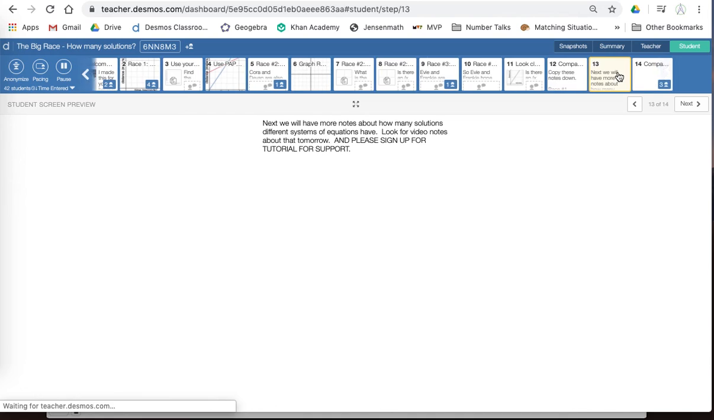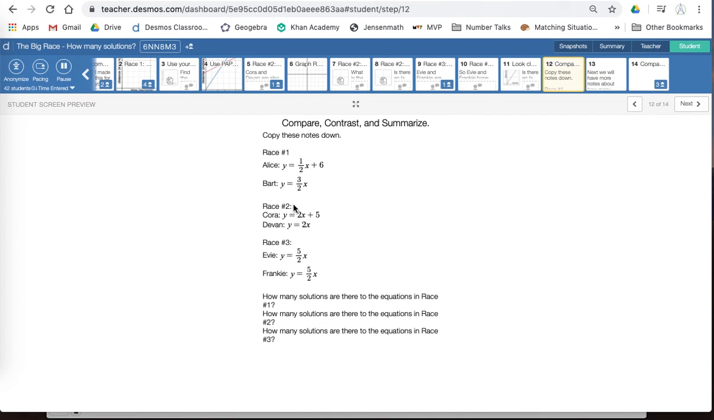At the very, very end, there is a summary. These notes are to be copied down. I'm going to talk about